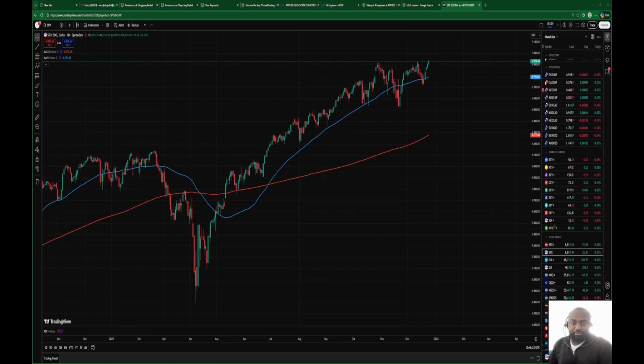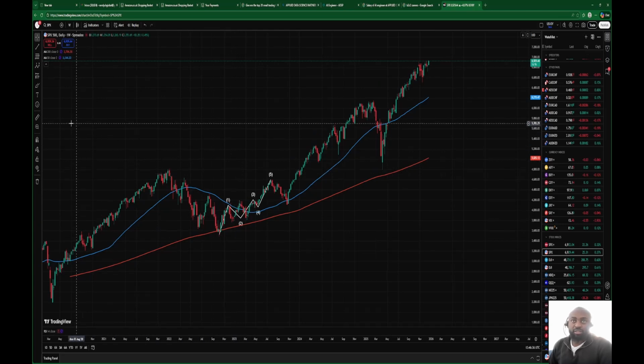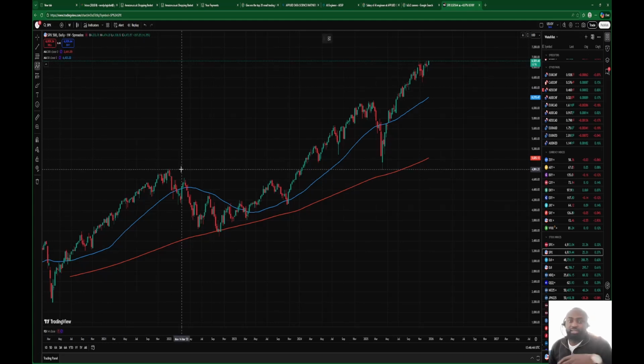Now let's get back to the reason for this video today, which is essentially walking through the price structure of the S&P 500. So here is the chart for the S&P 500, and before I start any analysis, I'm going to switch quickly to the weekly chart so we can see the full wave formations correctly. Let me clean this up quickly. So essentially we're going to get the Elliott Wave tool and start marking out the wave formations. We are going to start with the minor waves, then after that we will look at the bigger picture of